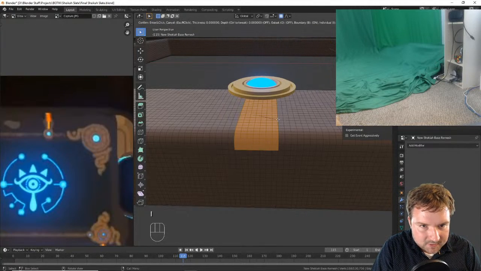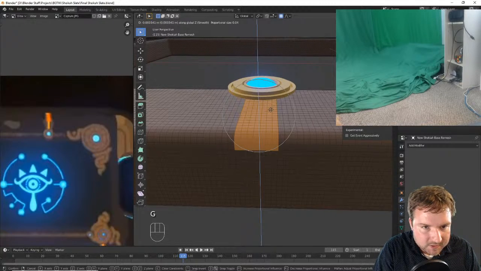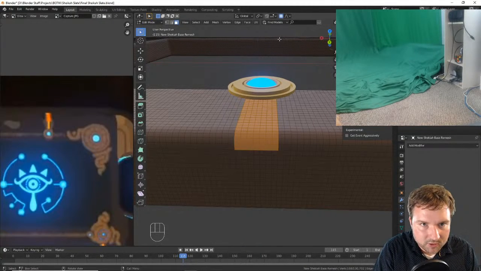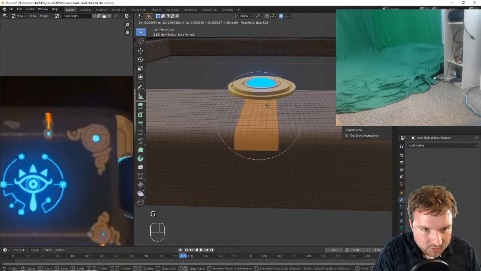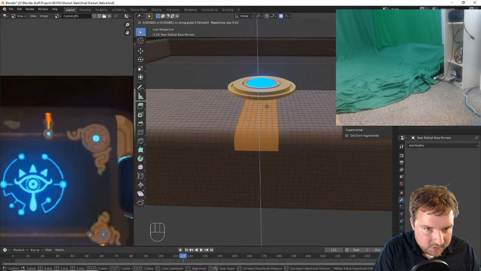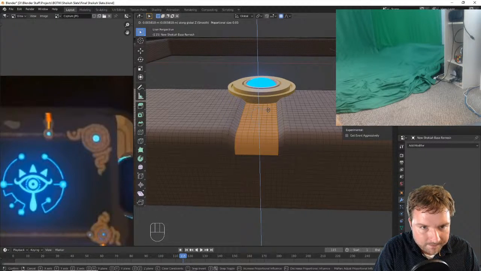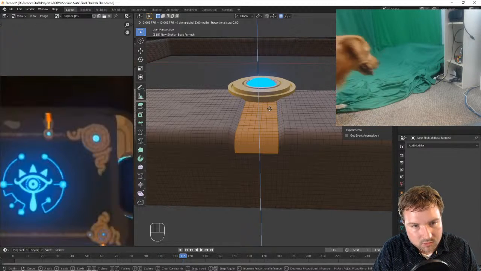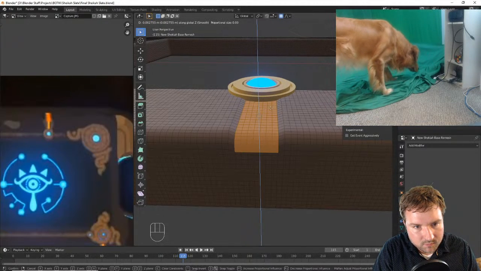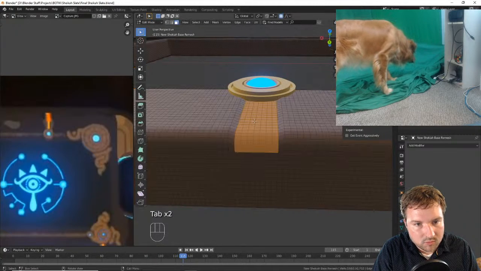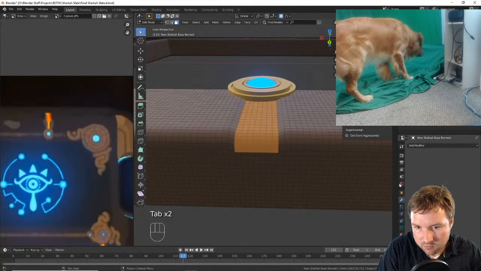Can we inset all these? What does that do? Ooh, yeah, no, we can grab them in the Z with proportional editing. Yeah, we could leave it on. We could shrink it down. GZ. We could do that. It'd actually be better. But with these selected, we're going to add a new material